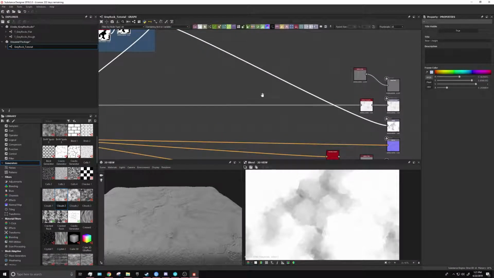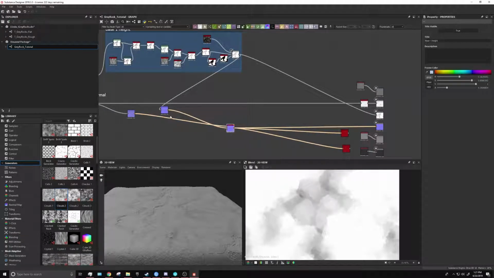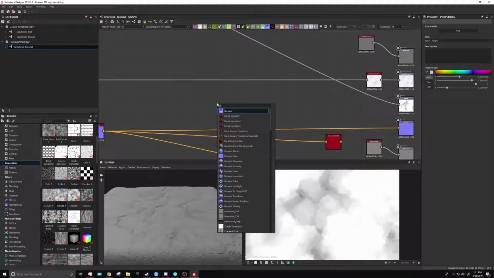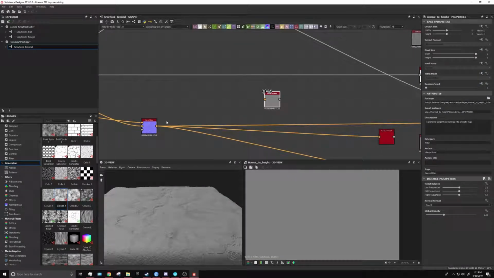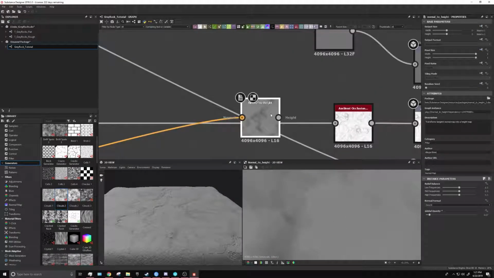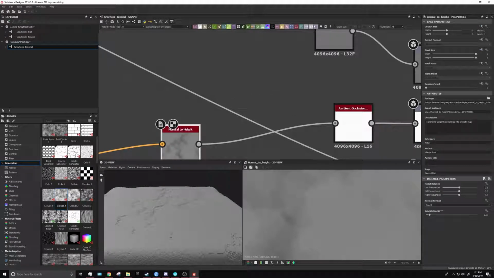Now, I want this here to be doing the AO, so what I'm going to do is normal to height, plug that in, just kind of do what I did last time, 0.007. You don't have to follow me directly, but so do this, plug it into the ambient occlusion, and I believe